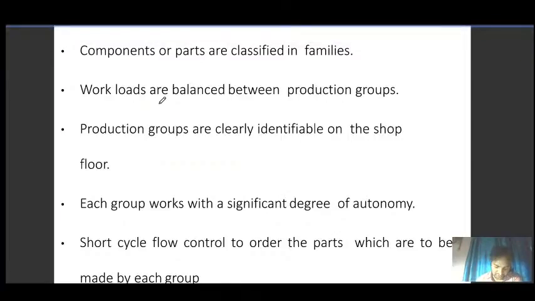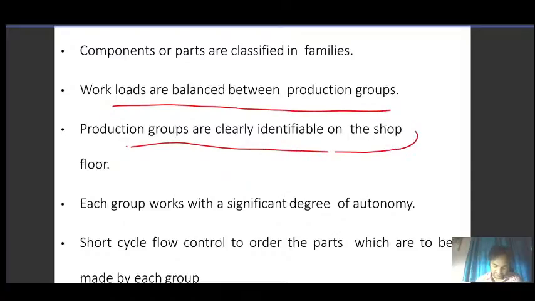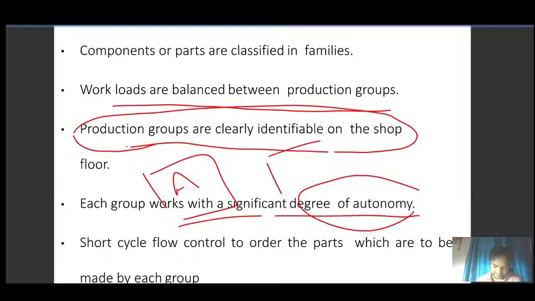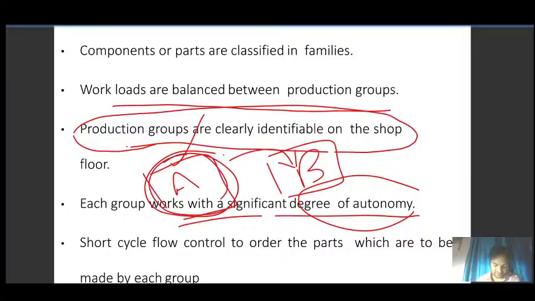You can say workloads are balanced between production groups. Production groups are clearly identifiable on the shop floor. You can easily identify the production group, and each group works with a significant degree of autonomy. It means, like in the previous case, part family A and part family B are almost independent of each other. Here the workers and machines are independent, so that's why there is a significant degree of autonomy.